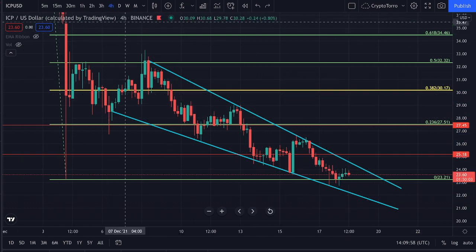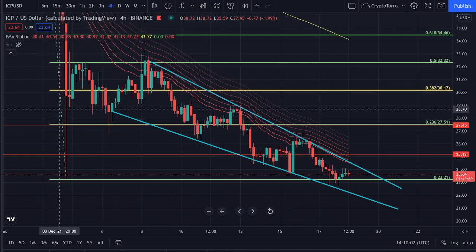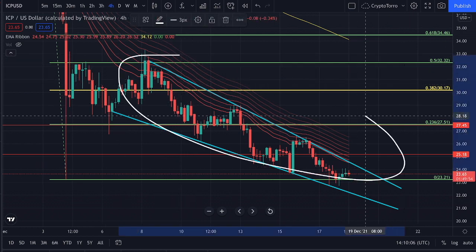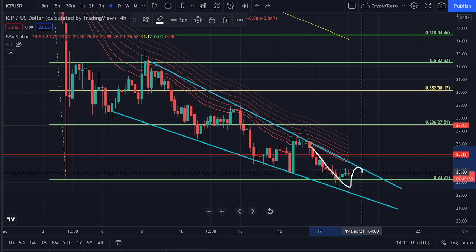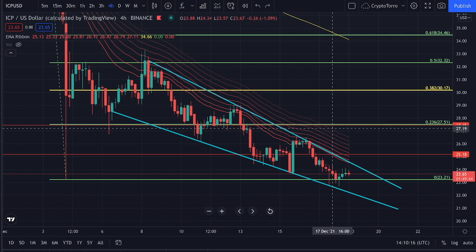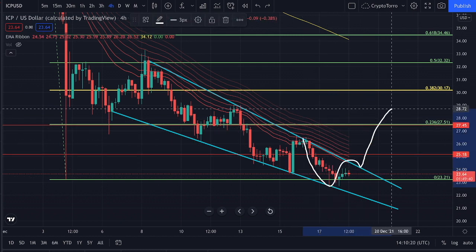Well, this being said, I would like to discuss right away the EMA ribbon. What I think is important is that the EMA ribbon will be serving as a level of resistance as well. It's perfectly aligned with this descending resistance, and therefore if we are going to see a breakout above the descending resistance range, it is very likely that we will have a quite difficult time at that point in time to see a breakout occur, due to the fact that we need major momentum towards the upside